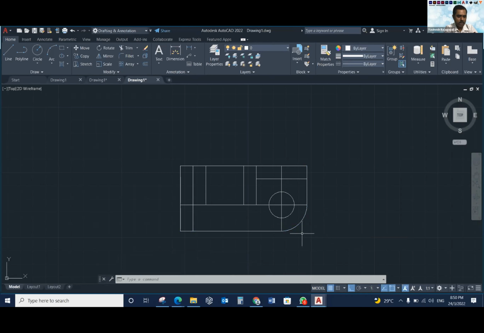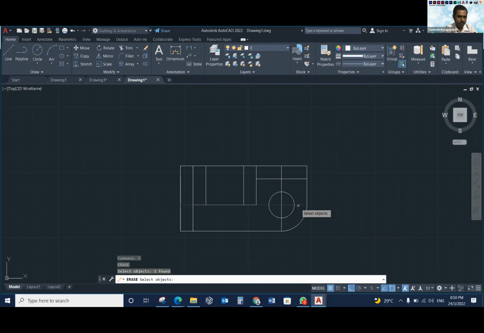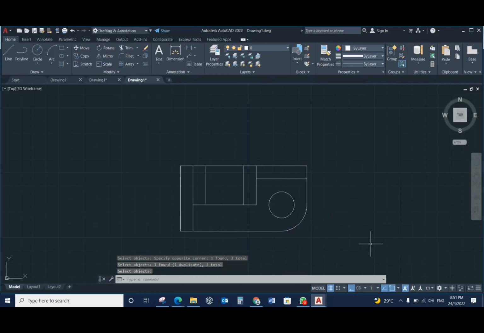E for erase. Trim or E, erase? Erase. Those lines, right? Yep. Enter. Okay, so now